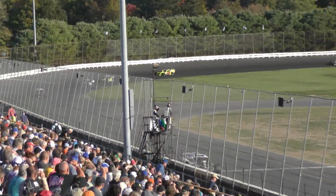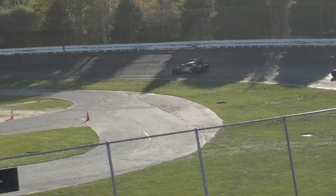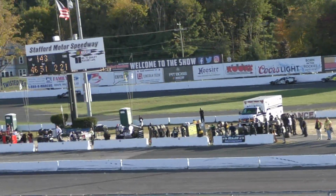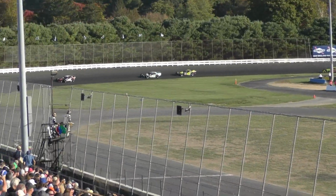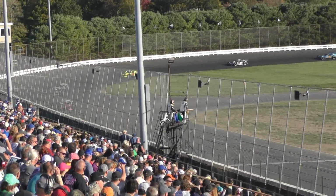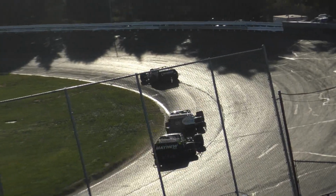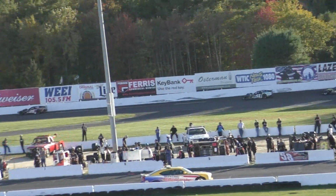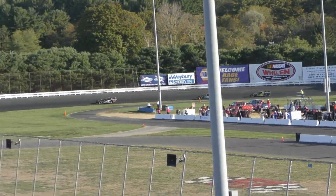They certainly are, and there is nothing they can do about that, Matt. One thing they can do is pray for a yellow. And the only yellow that Lutz wants to see is on the Napa side. He doesn't want to see it on the starter stand. There is less than 7 circuits remaining, and Doug Colby is settling back into that 3rd spot. Is he planning his strategy to make a move that would make him a factor? Because this time, when they work their way back to the line, Matt, there'll be 5 circuits to go. 5 laps remaining for Lutz in search of that very important and prestigious victory here at Stafford for the Napa